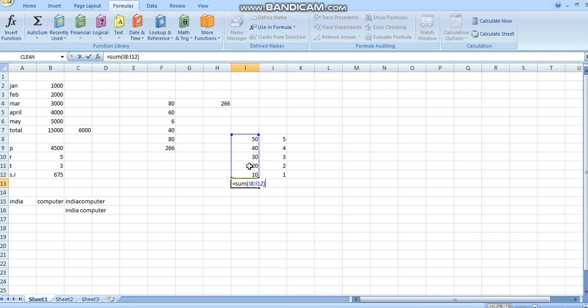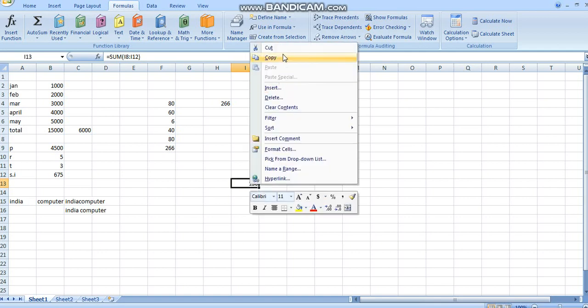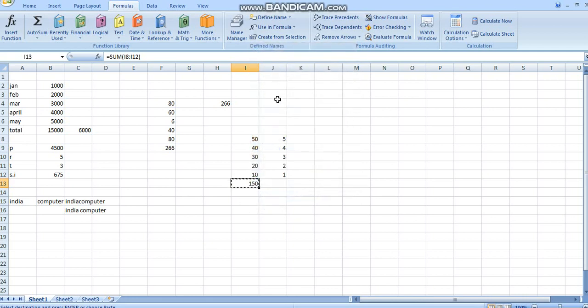I'll close the bracket and press enter. See, 150 is the answer. Now I'll select this cell and copy it.